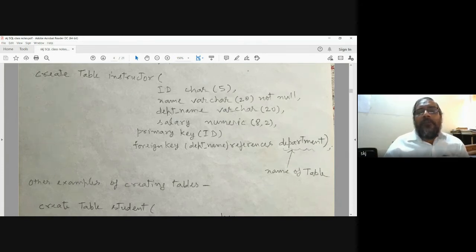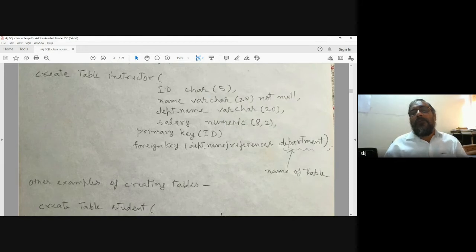Department name is one attribute here, and I am defining it as a foreign key. So foreign key, this is the department name attribute, and here we are using references. It is referring to this table, department. This is the table name.